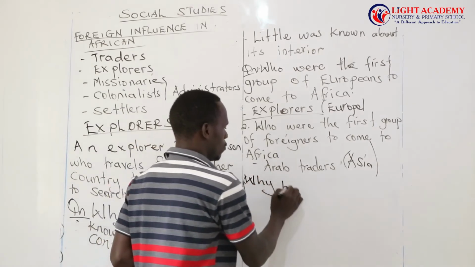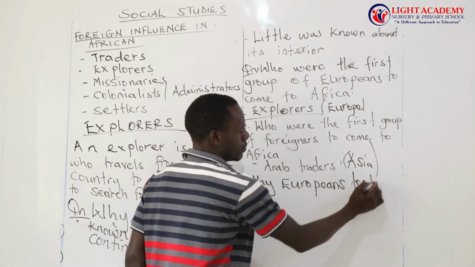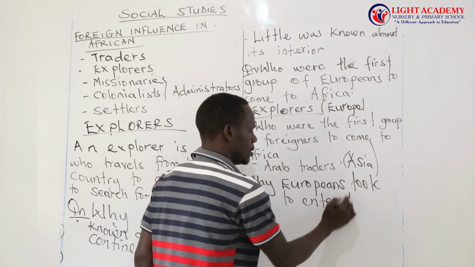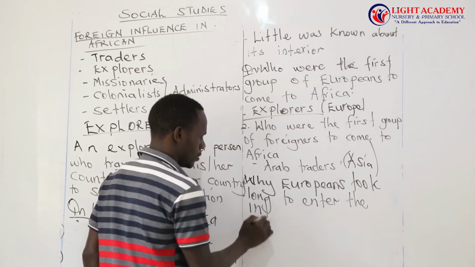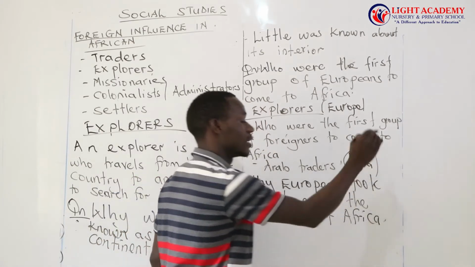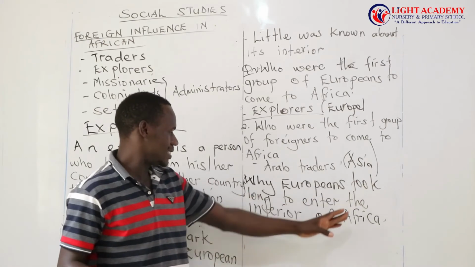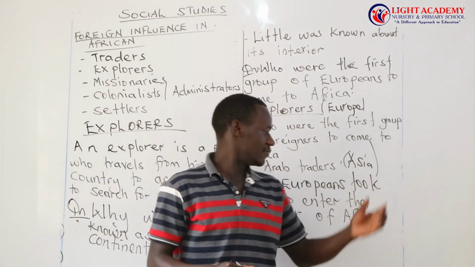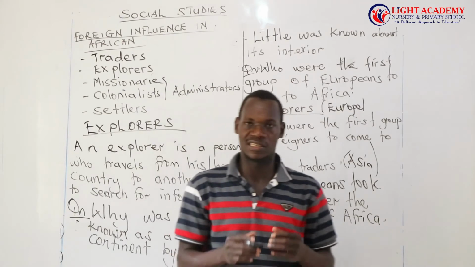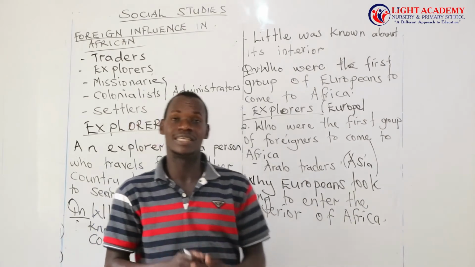Why Europeans took long to enter the interior of Africa. There are reasons why Europeans took long to enter the interior of Africa. There is the first: they were calling it a dark continent because they had not reached its interior. These were some of the reasons why the Europeans took long to reach the interior